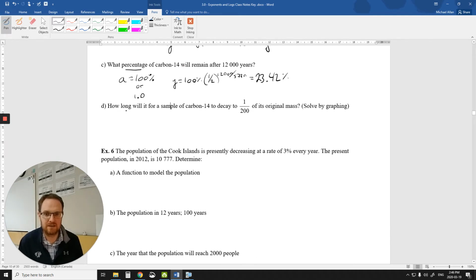How long does it take? So this is now looking for the t. We haven't learned how to solve for our exponents. So when I set up this equation, you'll see that 1/200th, sorry, of its original mass. So if I say my A was 1 to start off with,